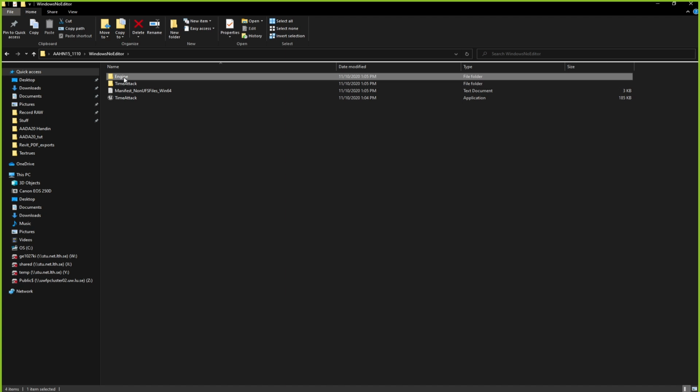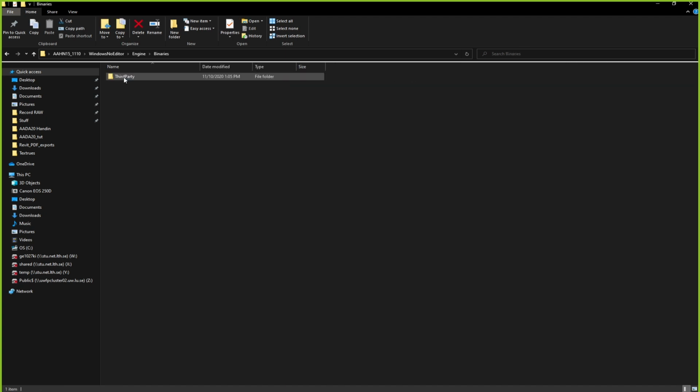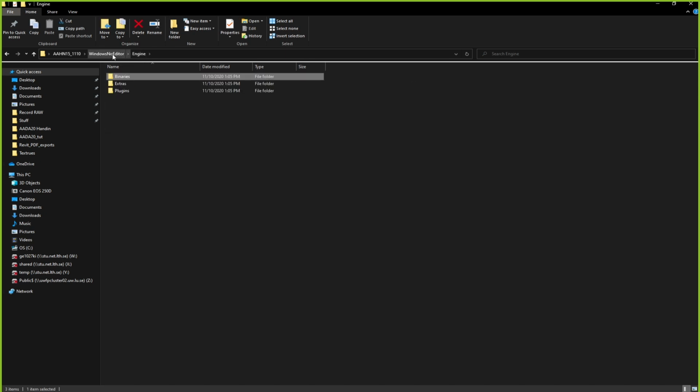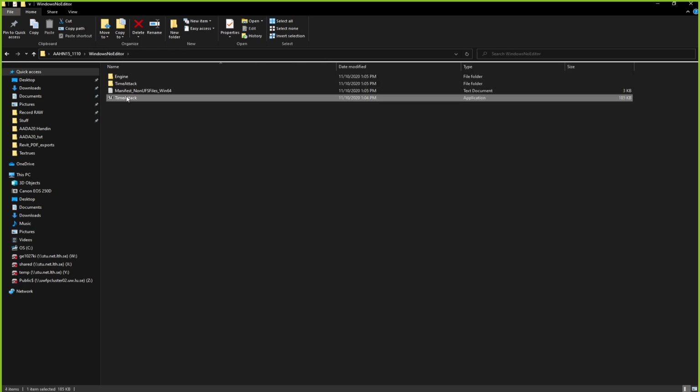We have two folders, engine, binaries, third party. Actually, let's not go through every folder. It basically just packages everything that particular game needs to work, right? So if I run it,